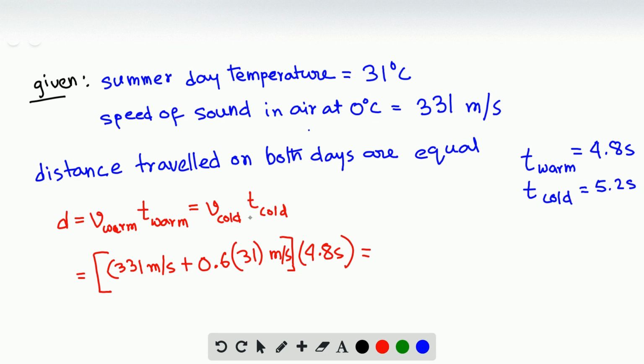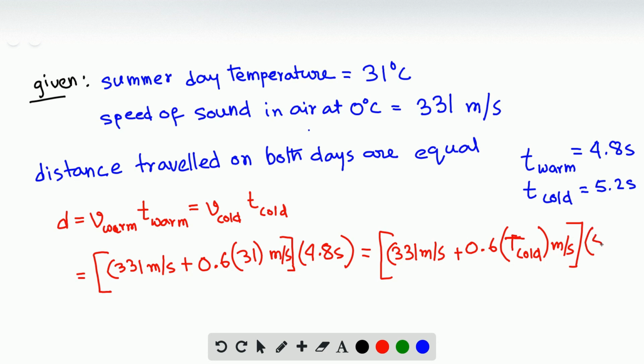This should be equal to, following the same thing, 331 meters per second plus the 0.6 factor. Now we don't know the temperature, so that's an unknown. Let's denote that as T cold. That's a big T and that's a little t, so don't get confused between them. That's in meters per second,